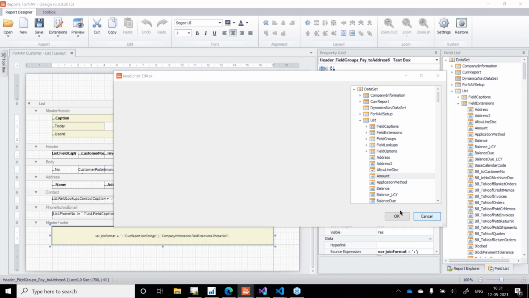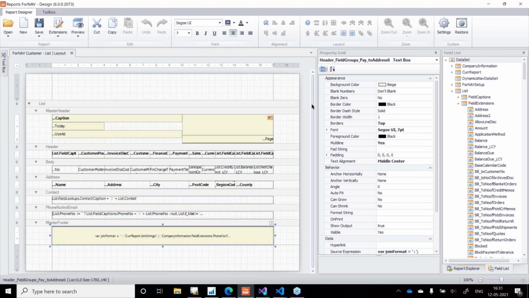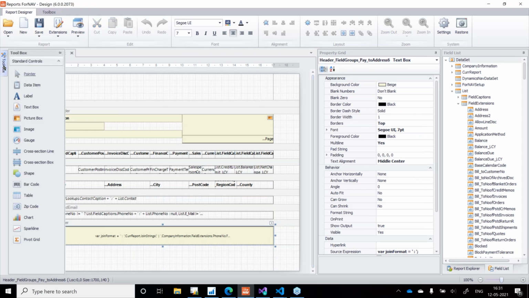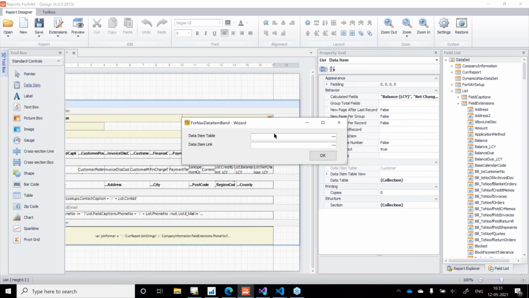Okay, but the announcement also promised that we had improved usability in here, and let me show you some of the things we have done. If I go to the toolbox, we have something new. We have a data item control in here. If I drag this in and put this on my customer, I can select the table I want to put in as a sub data item. So in here, if I do sales header,